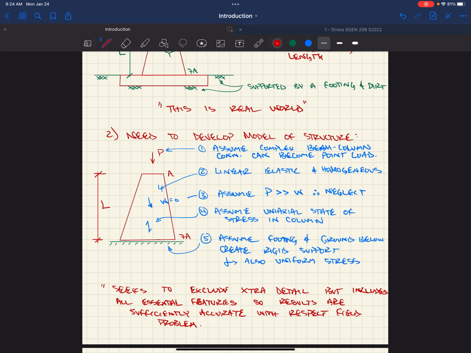We want to assume that there's some taper in this column. If we didn't, then that gets away from the idea that we're looking at stress. Area affects stress greatly, so we wouldn't want to make assumptions that had to do with the stress. We wouldn't want to mess around with the material too much, as material has a lot to do with strains. So we're trying to make simplifications without oversimplifying and getting away from what we're trying to calculate in the first place. In our case, this is displacement,